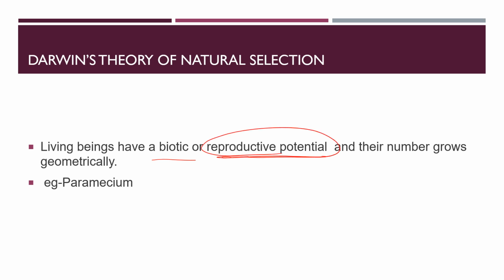Living things can produce in huge amounts, so that their number grows geometrically. They have a power to reproduce such that their number increases geometrically. What is happening if we take the example of Paramecium? It divides by means of binary fission, and we can say that in 24 hours under favorable conditions